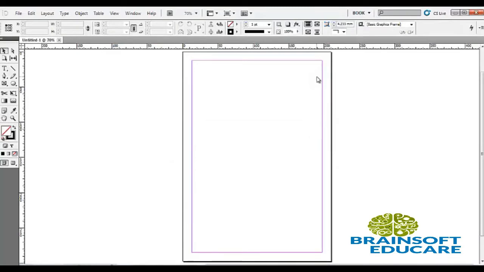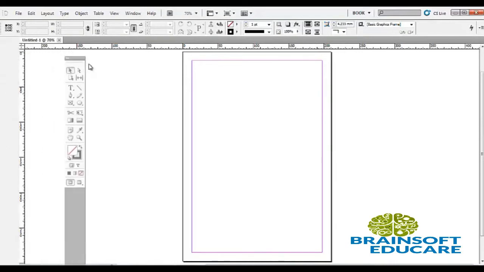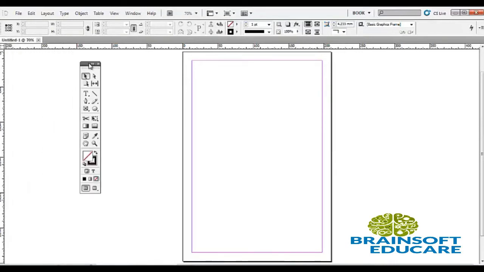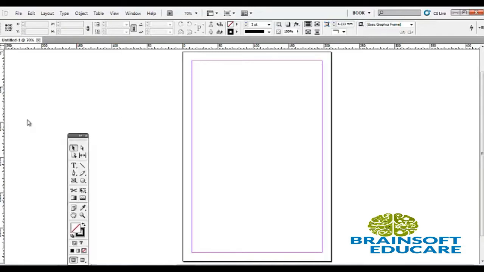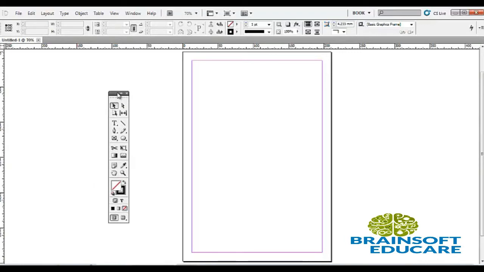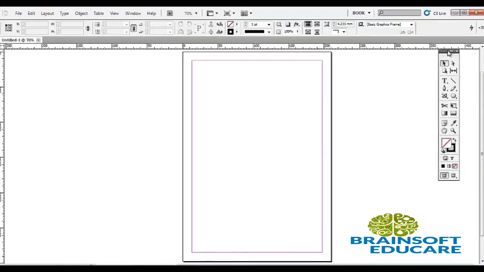This is our workspace. Now here the toolbox is given. We can drag the toolbox like this. We can easily move the toolbox.